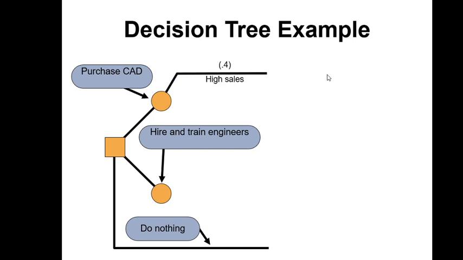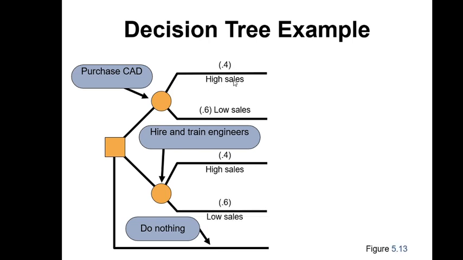CAD system. Okay, here the probability, if you remember, here high sales, which means favorable market, low sales, unfavorable market. The probability here is 40%, as we said. The probability here is 60%. If you sum the 40% and 60%, will be 100%, which is 1. Okay, as probability. Now, sometimes in the question, if he will give you one of these, the other one will